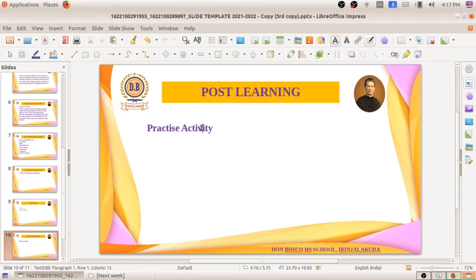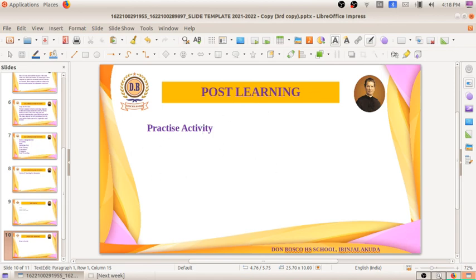Practice activity means just typing in Google any search, anything you want to search. When you search that information, you will be getting a lot of other information related to that. Different websites, different links you will be getting. If I am asking a question, you will be getting different types of answers for that, so we can choose the answers. More than 5 or 6 answers you will be getting for one question on the internet.